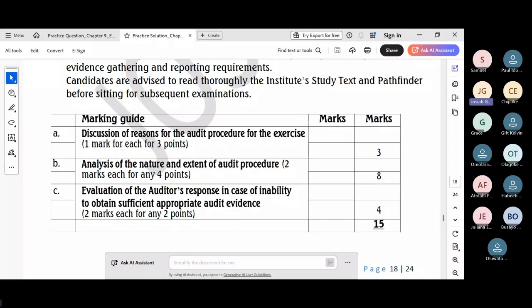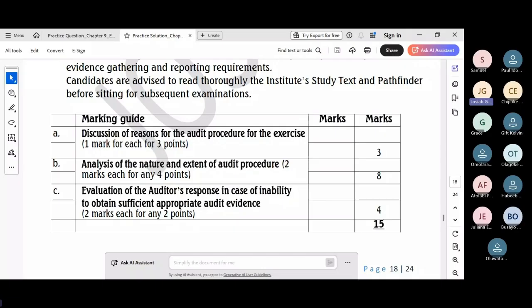So number 1 is to review the predecessor's audit working paper. The predecessor auditor. You need to review his working papers and obtain management's permission to review his papers to understand the procedures performed and the evidence obtained on the balances, especially high-risk areas like loans, interest income, and taxes. You see those issues in the fourth and the fifth area in the question. So reviewing audit working papers is the first.